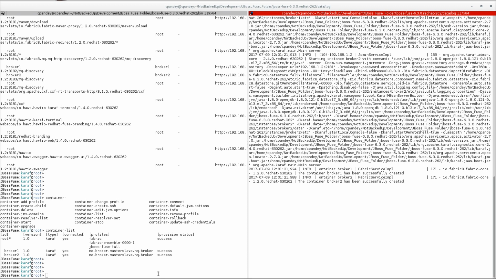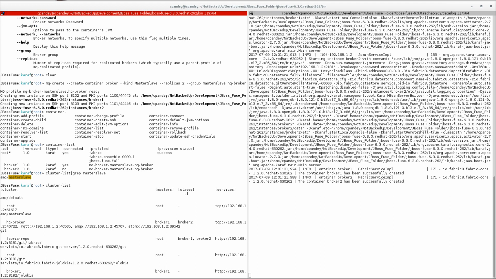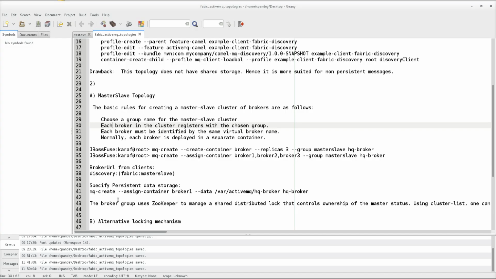In the command we executed earlier, the create container broker with replicas were registered to this group once we executed the command. Each broker must be identified by the same virtual broker name. This is also fulfilled because both are assigned to the same broker name, and we can see this here as well, HQ broker.